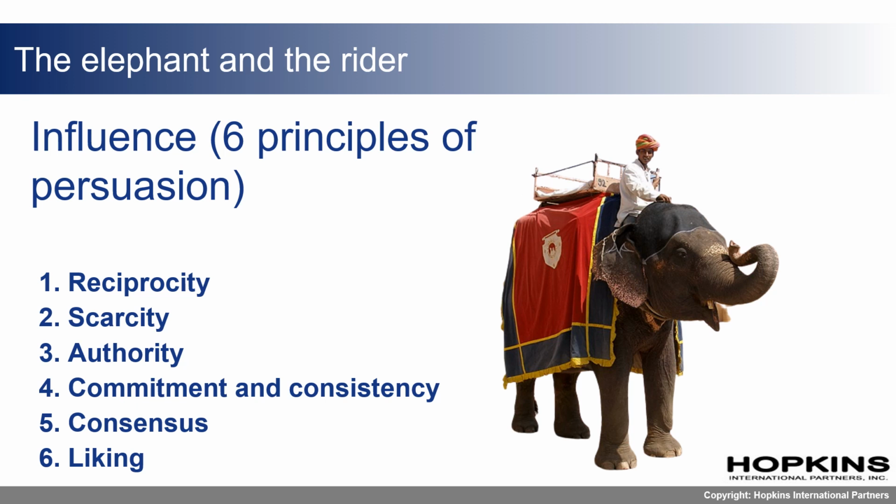These 6 principles can be often thought of influencing the animal side of someone's brain. Everyone has these instincts, although often in the background. The rider in this photo can be thought of as the thinking part of our brain. It evolved last and is much smaller than the elephant, which can be considered the animal side of our brain.